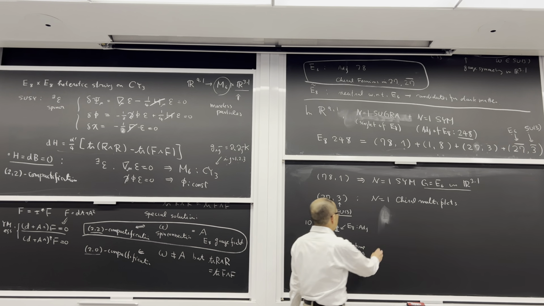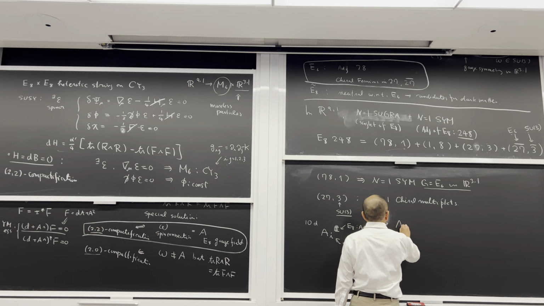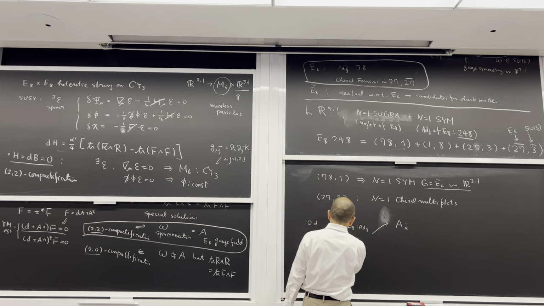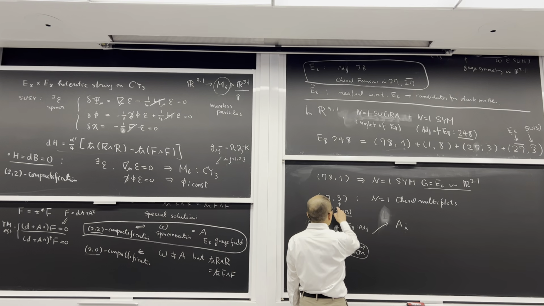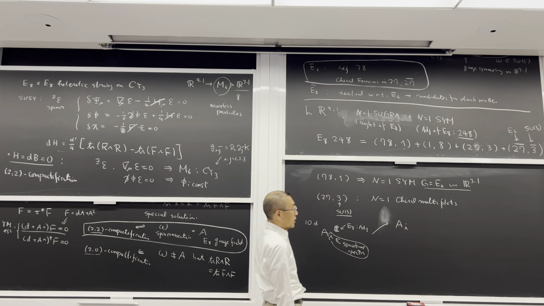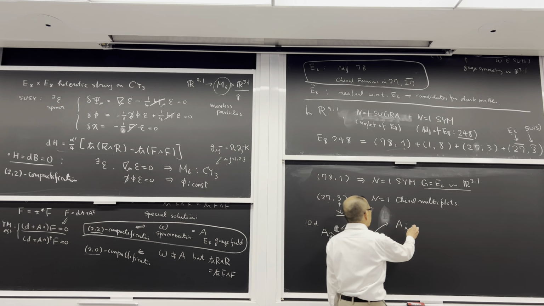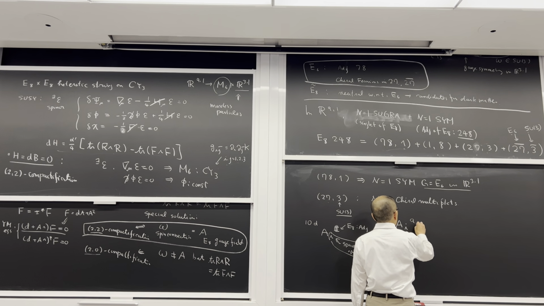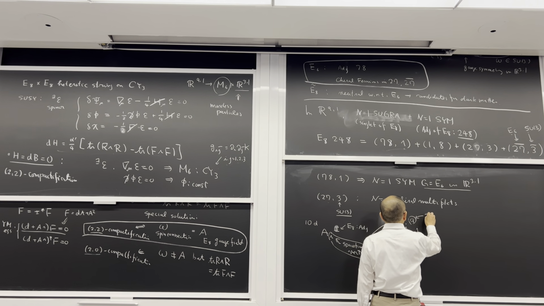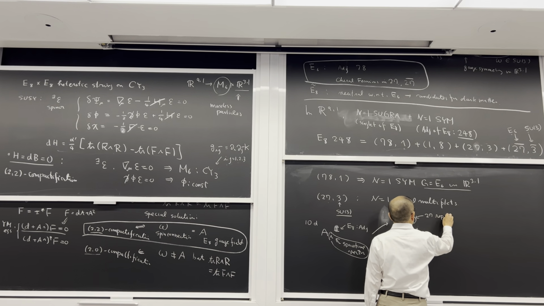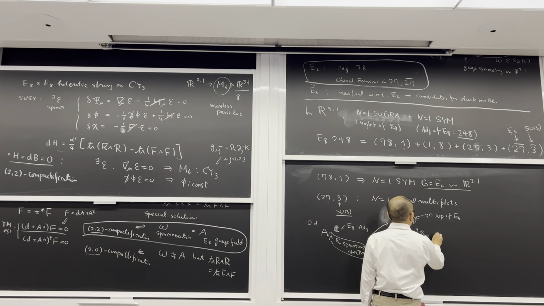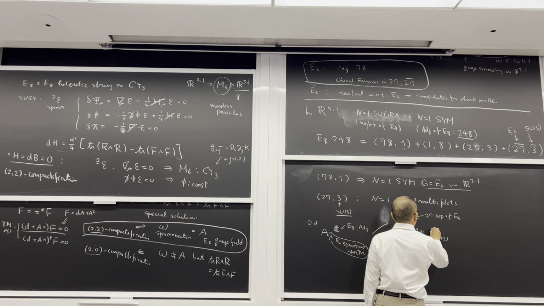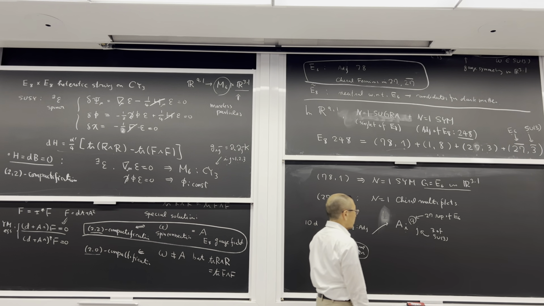Okay, so now what's going to happen? So in this sector, what you have is A_I. So the I comes from space-time vector in 10 dimensions. Part of that is 4 dimensions. But I is now a pair of 27 and 3. So that means that you can write this as A and I, where A is the 27 representation of E6, and I is SU3, the fundamental representation of SU3.